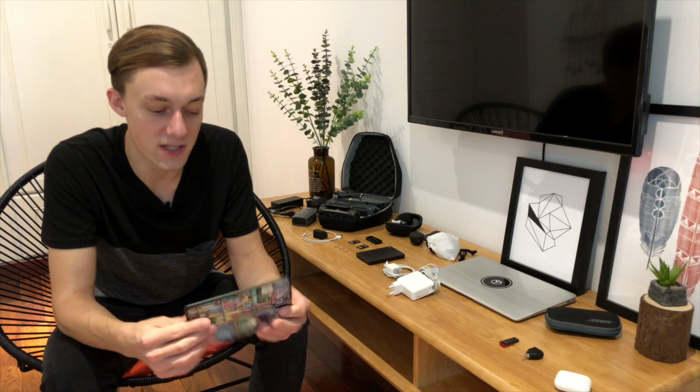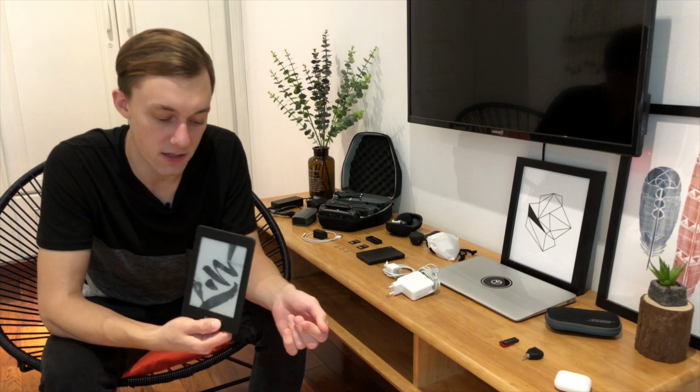And this holds thousands of books. I can buy new books in a matter of seconds, and it is just so slim and light. I really like the Kindle Paperwhite. I've had this for years. Amazon has come out with newer Kindles since then, but this has lasted me a very long time